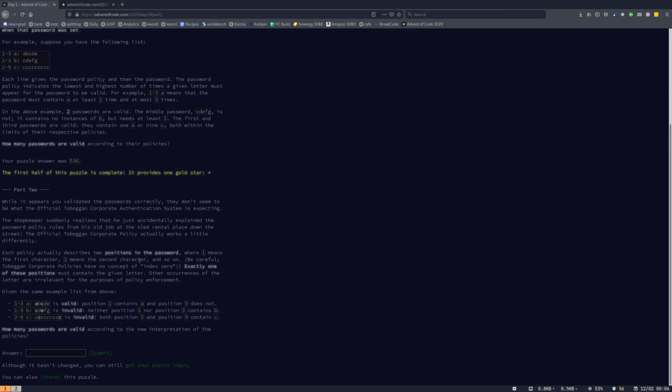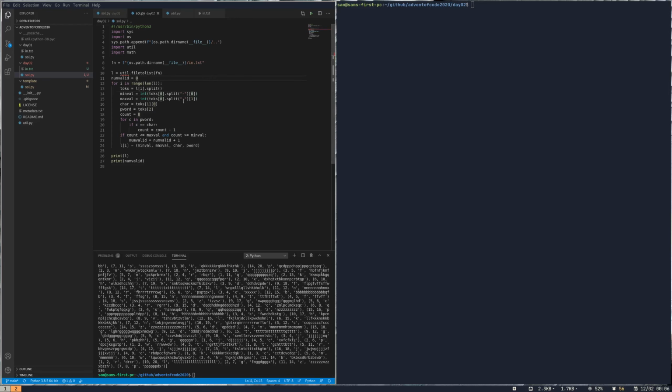Okay, so, well, it's 2. Oh, goodness. Okay, where 1 means the first character, 2 means the second character, and so on. Be careful. Exactly one of these positions must contain the given letter. Okay, so it's 1 indexed. Okay. Yep. Other occurrences. Exactly one of these positions must contain the given letter. Okay, cool. Okay, so now we're going to say num valid 2 is equal to 0, and now we're going to say